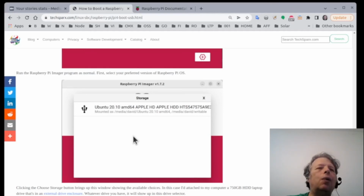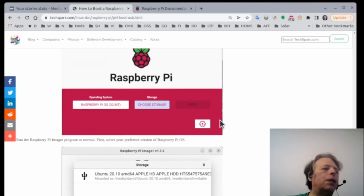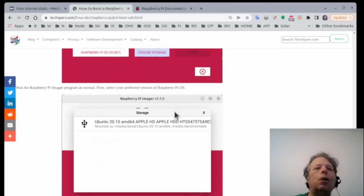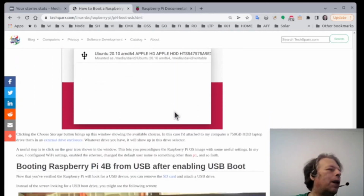And then once you do that, it'll burn. Another thing to mention is that this gear icon right here, you can use that to launch a window that customizes the Raspberry Pi OS that's installed there. But in my testing of that, it didn't seem to do much, so that might not be worth playing with. So in any case,